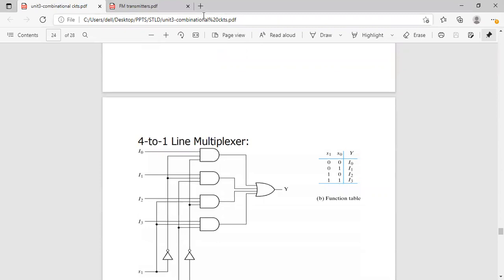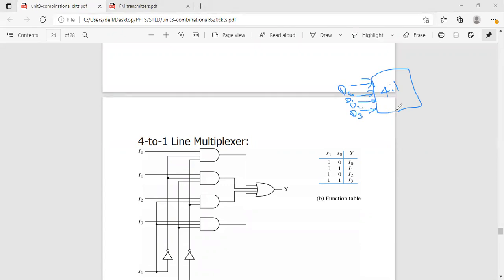For the 4 to 1 multiplexer, you have to draw the block diagram representation. So, 4 to 1 multiplexer. How many data lines here? We have 4 data lines. These data lines will be represented as D0, D1, D2, and D3. We are considering D0 to D3, totally 4 data lines. So you can write 2 power 2.